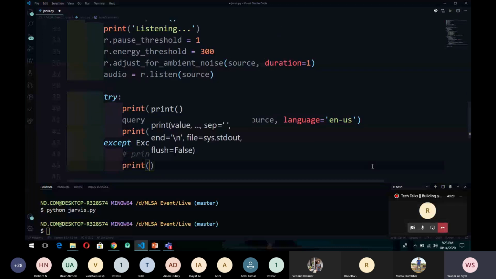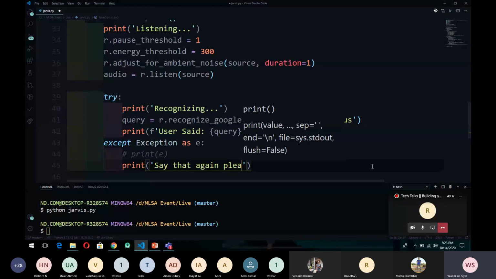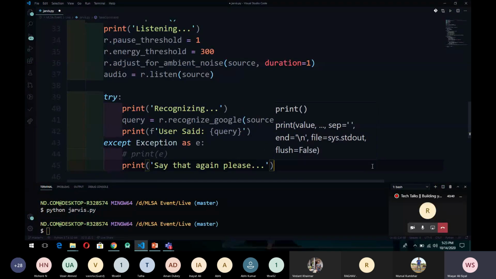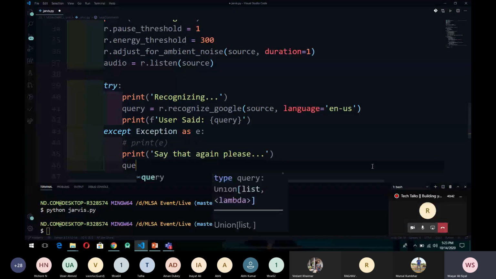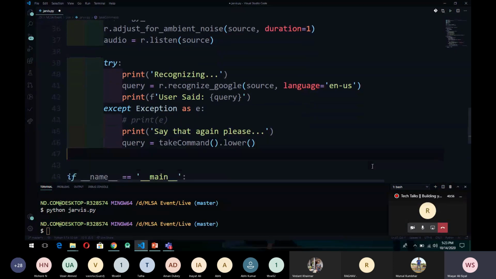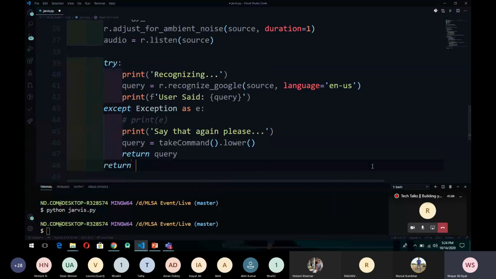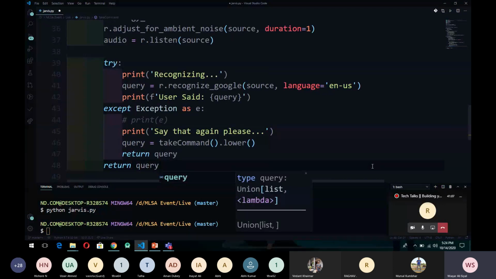We will print instead, and then here comes the recursion. How this recursion works, I will tell you when I write the code in the main function. For now, just understand. Return query.